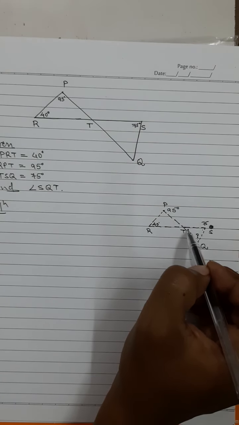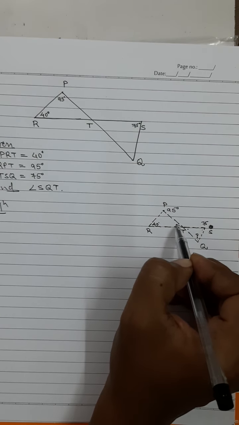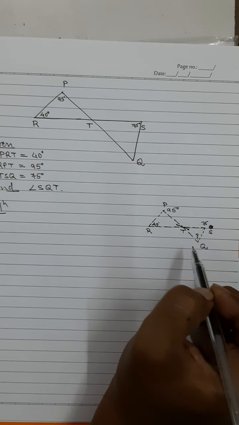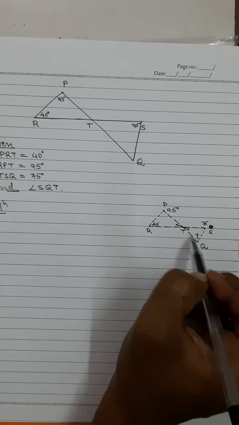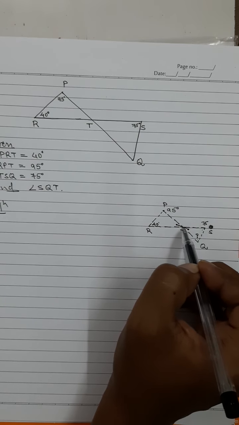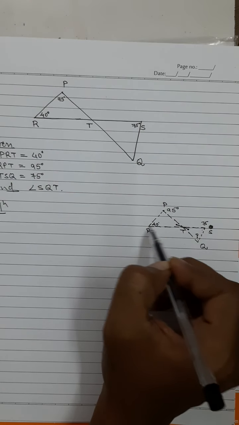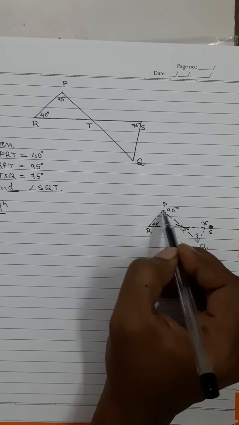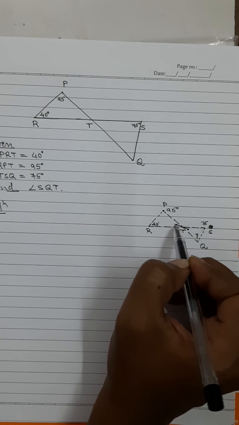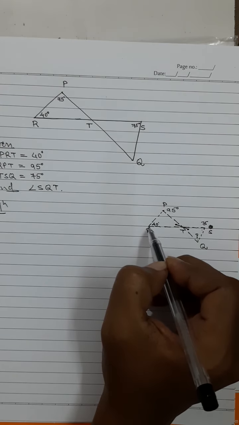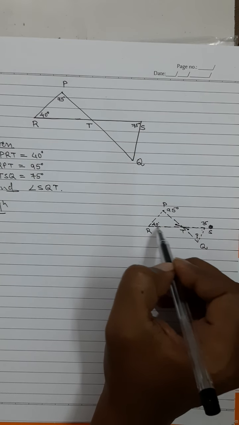To get T, I know that T is the vertically opposite angle to this, so they will be congruent. So the interior angle T of triangle TSQ is exactly equal to the interior angle of triangle PRT. Basically angle STQ is congruent to angle PTR. So now my focus moves over here. And here I can definitely calculate angle PTR by using some angle property of this triangle.